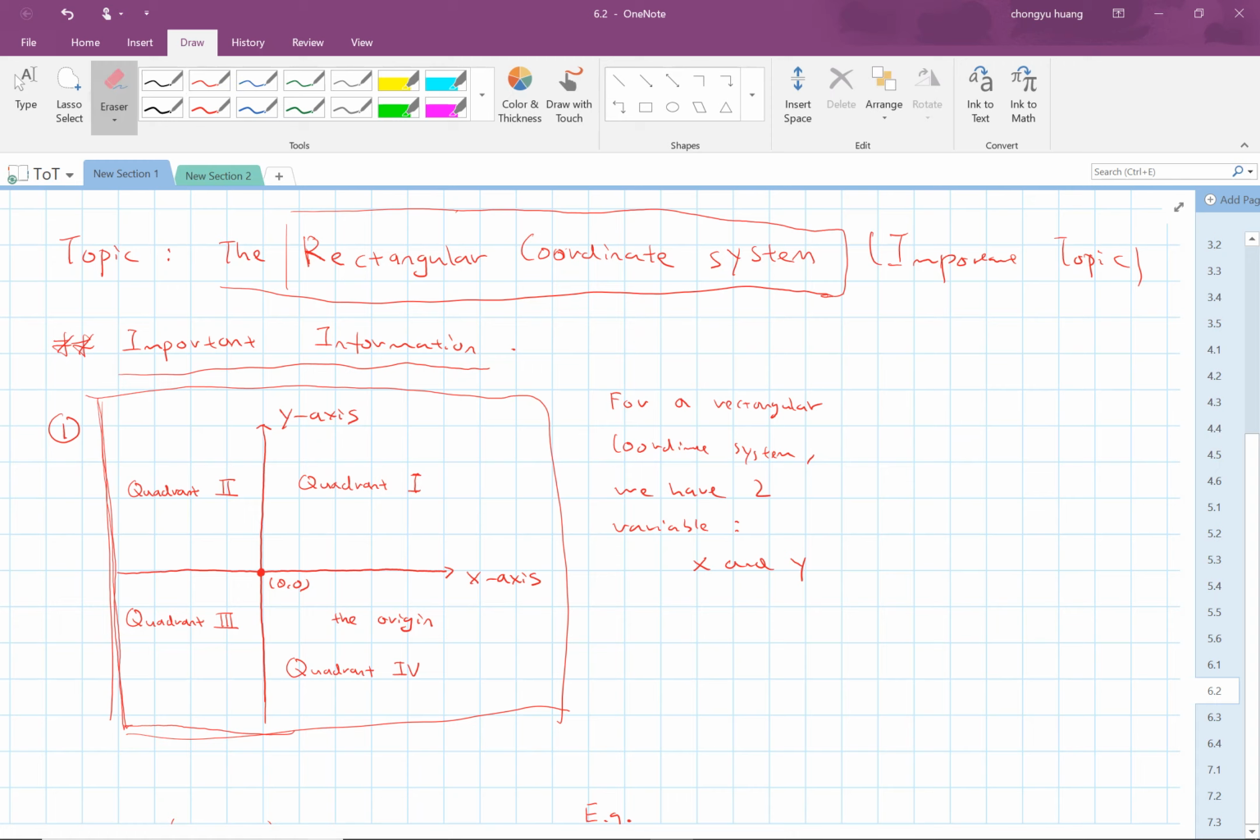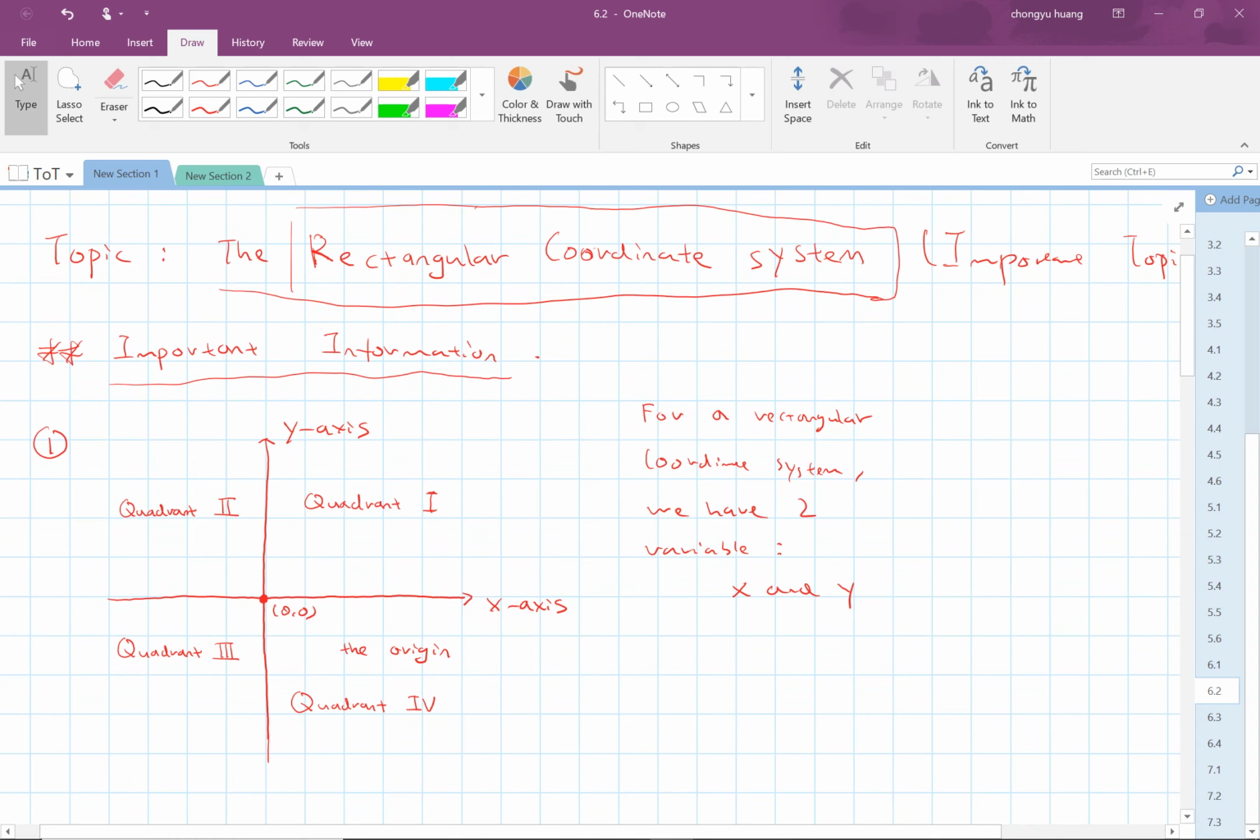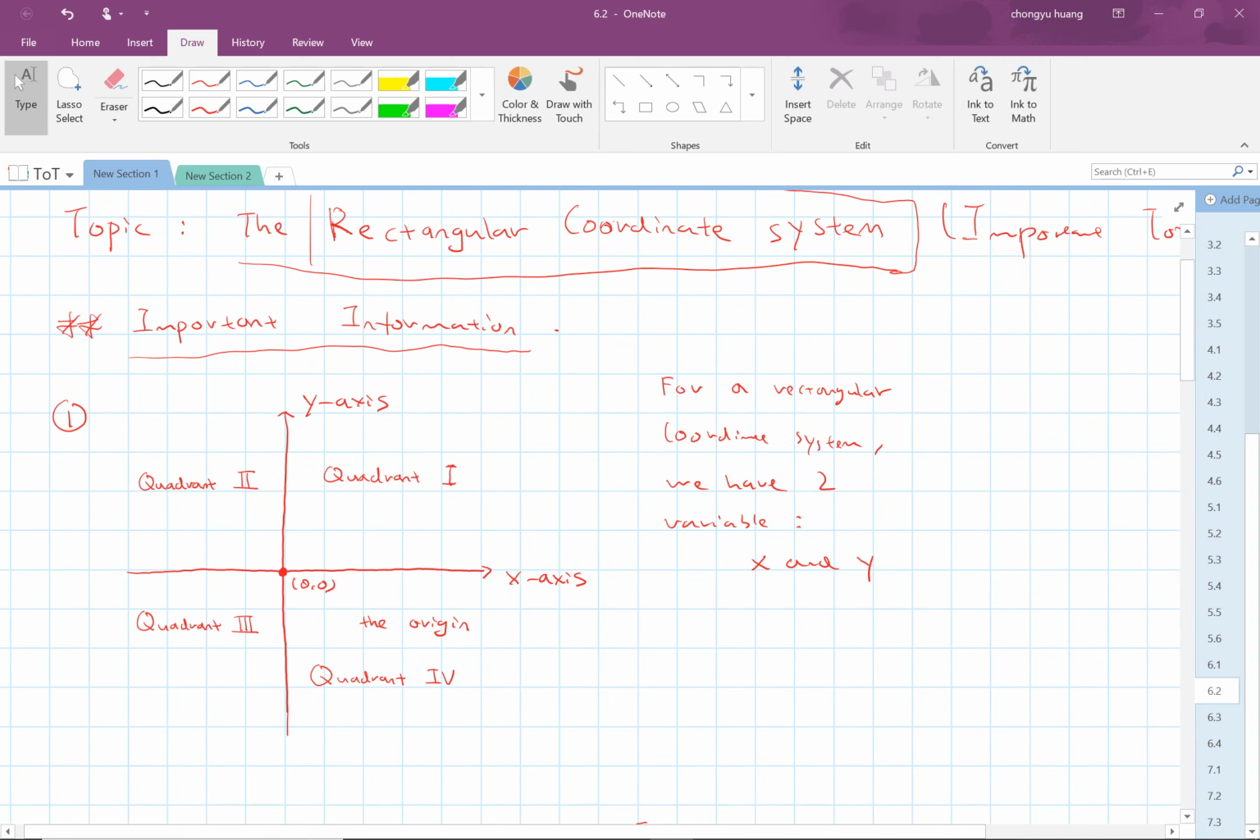Okay, let me erase this part. Let's first talk about this graphic first, and we're going to cover some of the definition and some of the meaning of it. First of all, when you see this graphic,